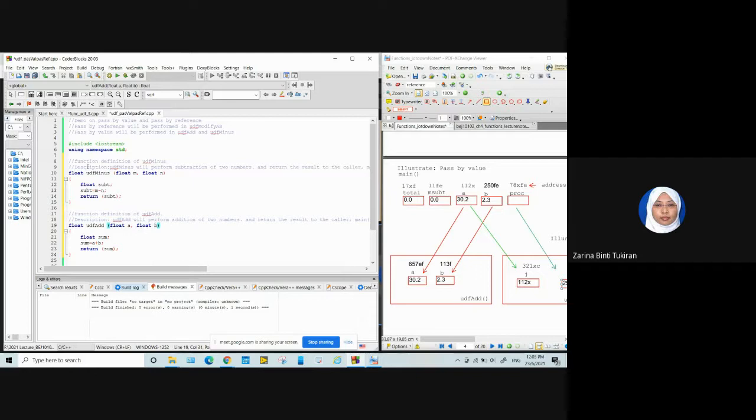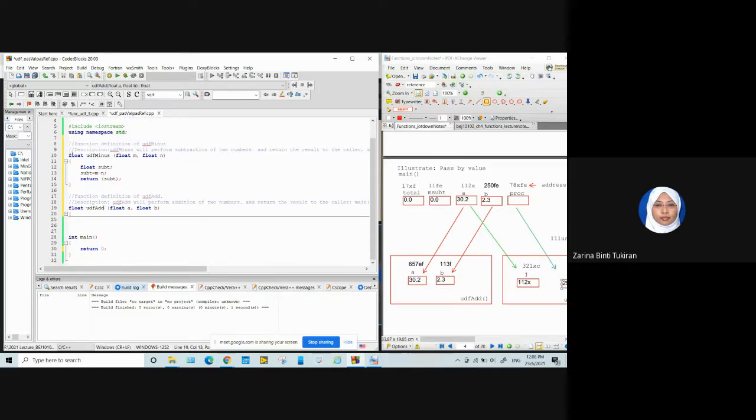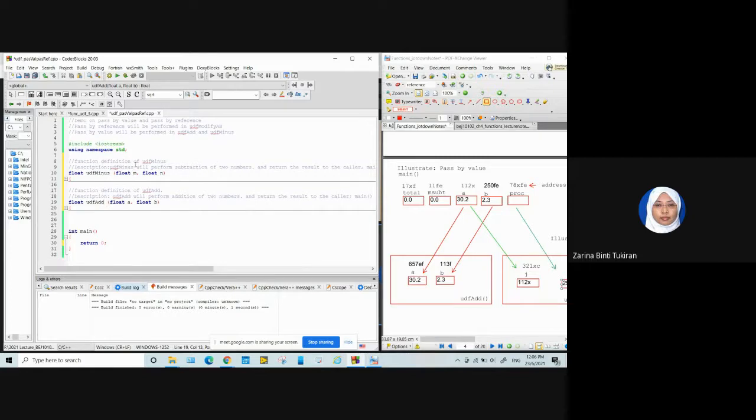So now I have UDF minus and UDF add. UDF minus and UDF add is actually passed by value, as stated here. So the previous code is performed by using pass by value, but for pass by reference, let's say I want to have a program that